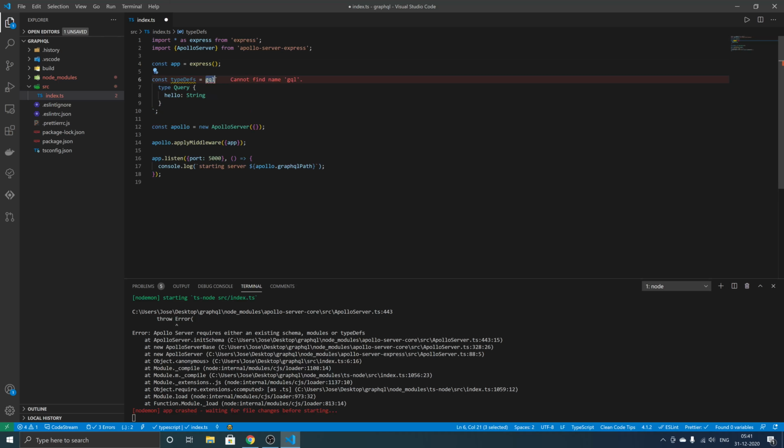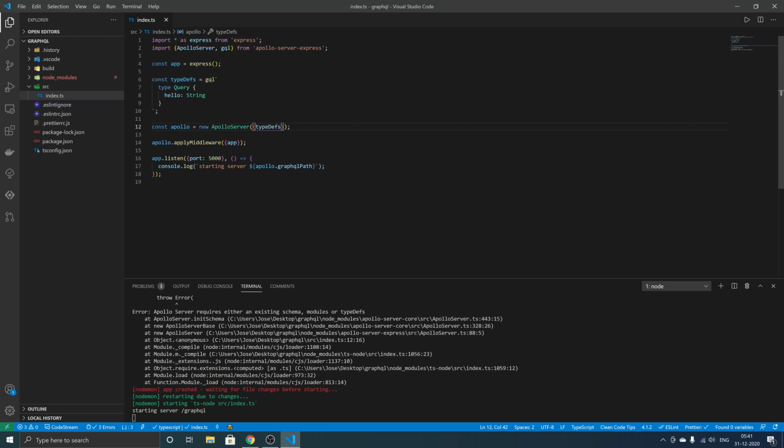Now we need to import GraphQL. We are going to import this type def to our application. Now GraphQL server is started. Now that we have created our Apollo server, we can go and see our server at